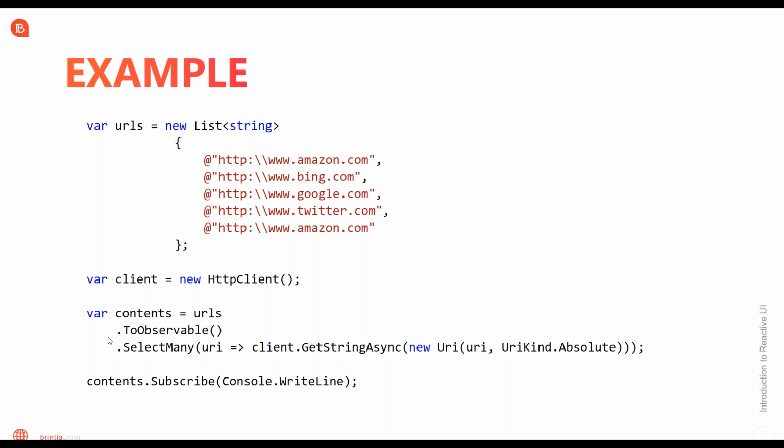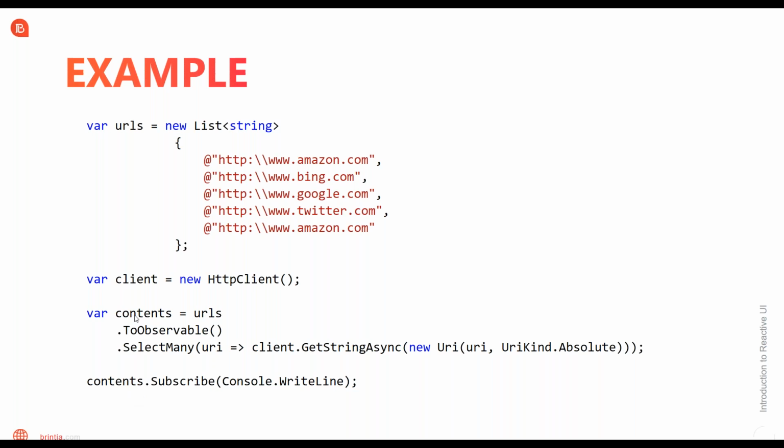After converting it, we are applying the select many operator, which you might be familiar with, and it's used to project each of the returned values of the getString method, which obtains the contents. This part, the getString, gets the content of the URL itself. This is the parameter that comes here, the URI. And after that,